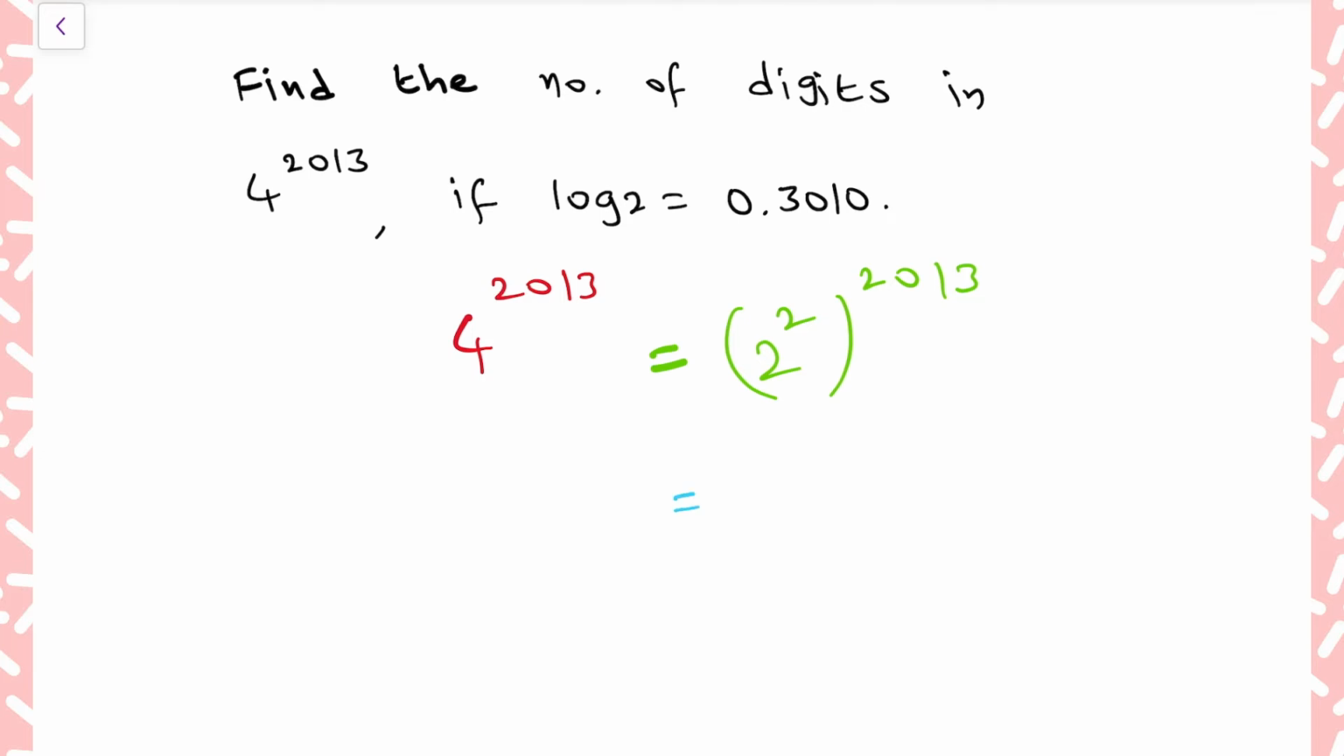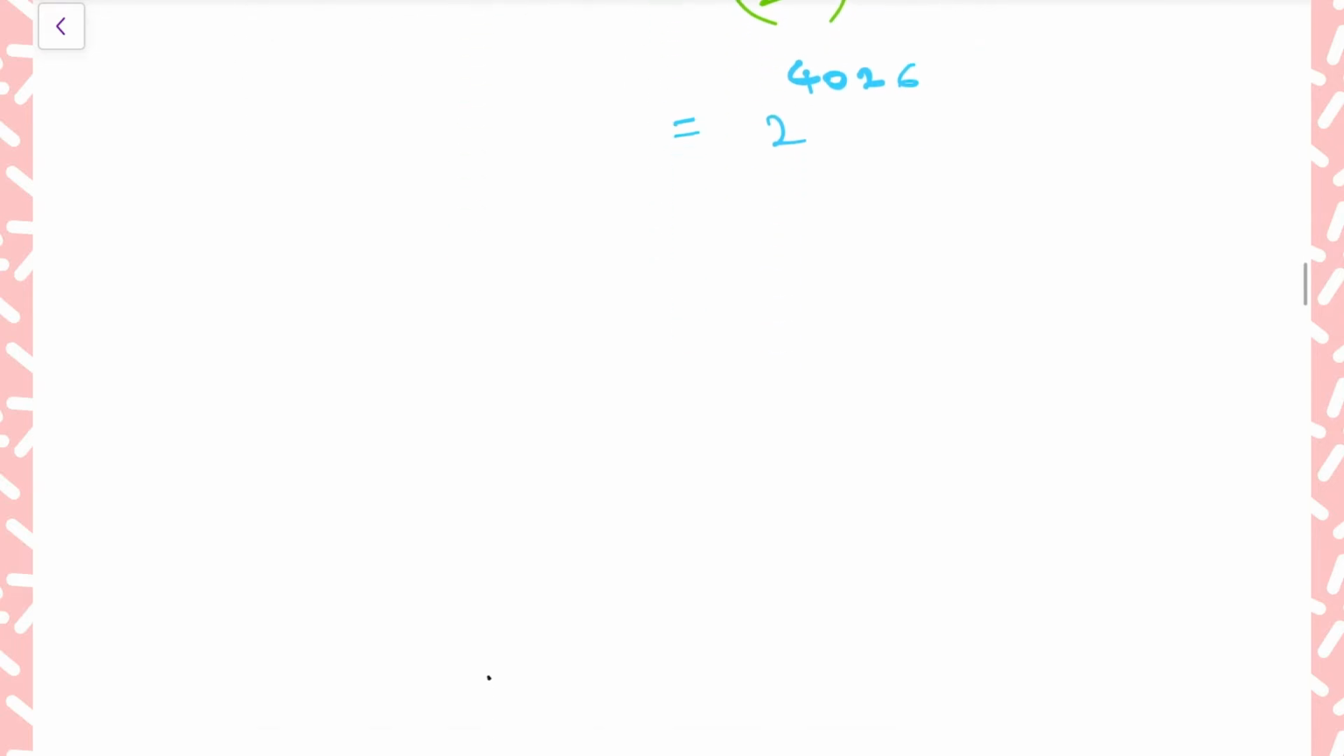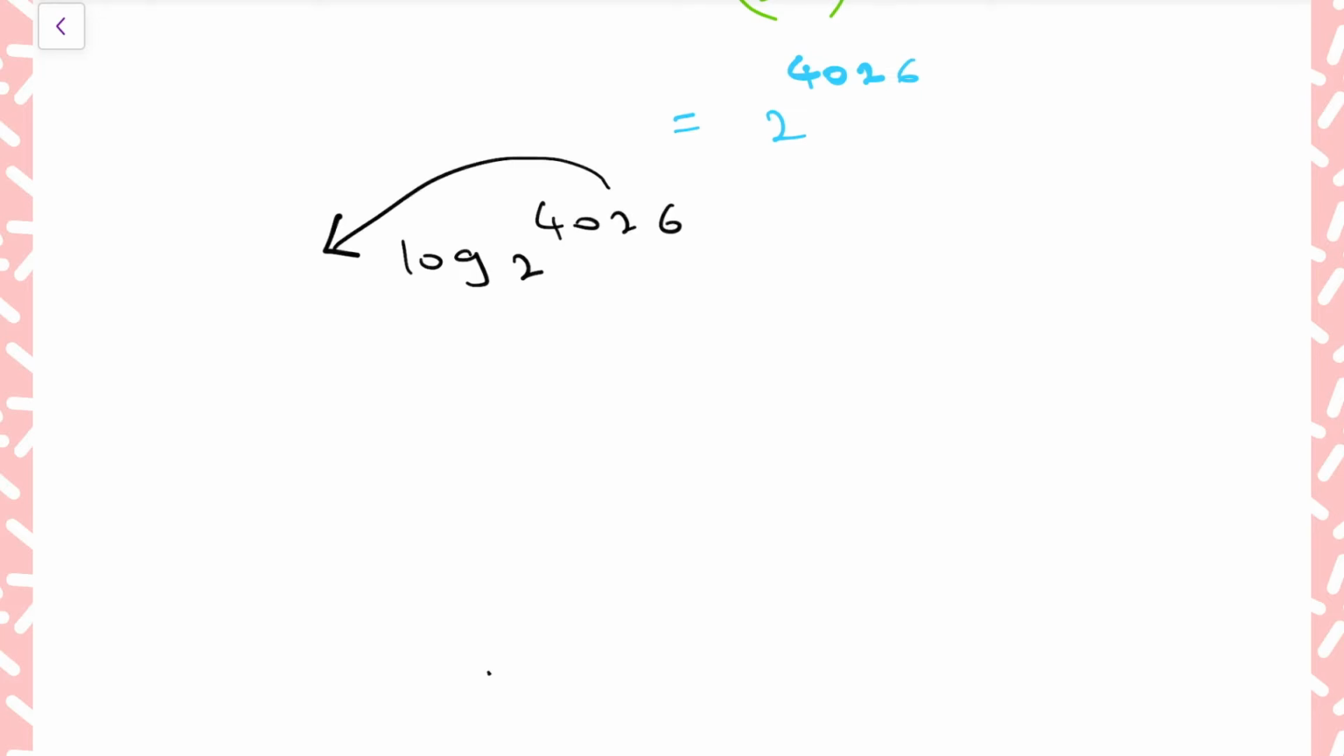That is equals to 2 power. If 2 powers are there with the help of bracket means we will multiply those 2 powers. That is the formula a power m whole power n equals to a power mn. So 2 into 2013, 4026. Now for this one, keep log. So log 2 power 4026. Here if the power is for the main number, it will go to the front as it is. So then we get 4026 log 2,